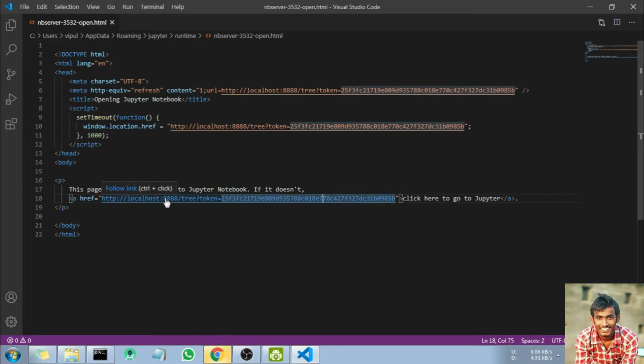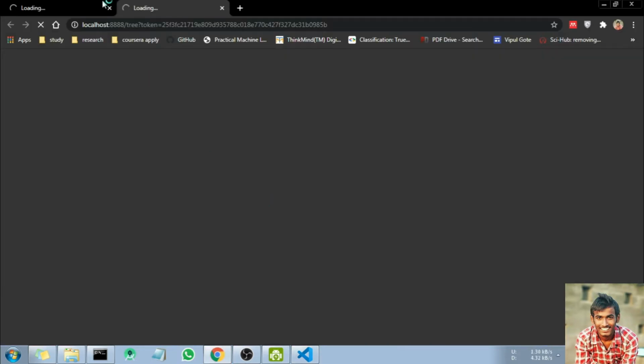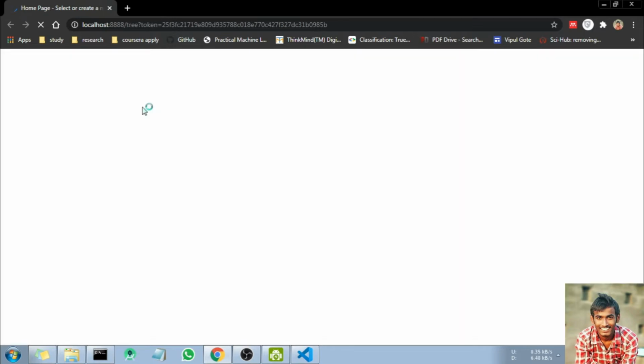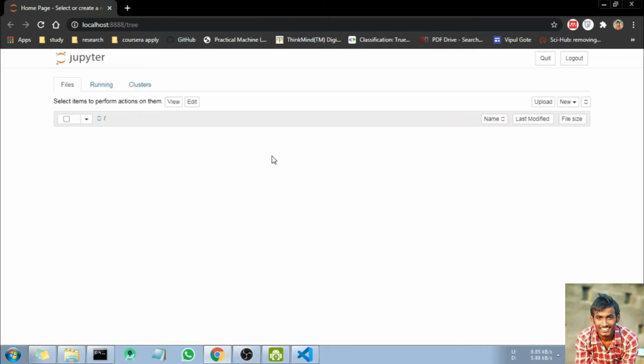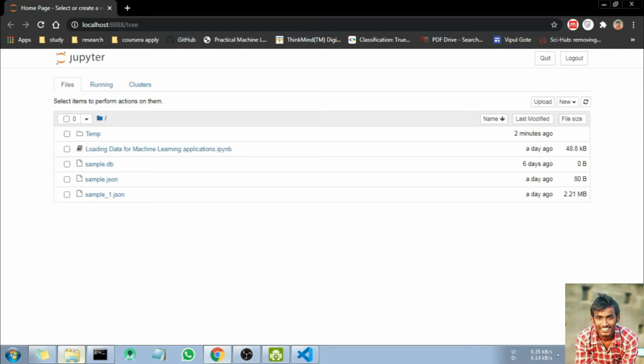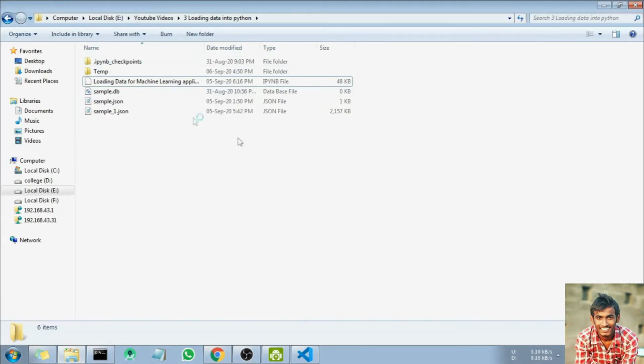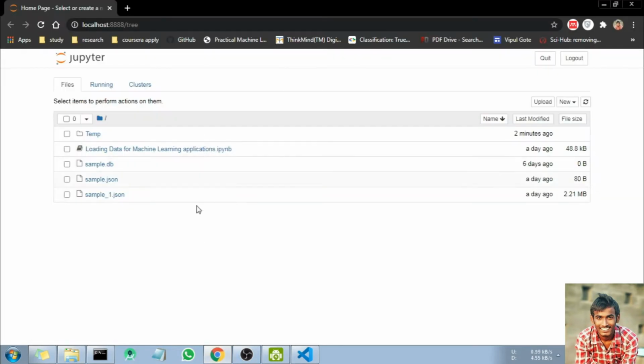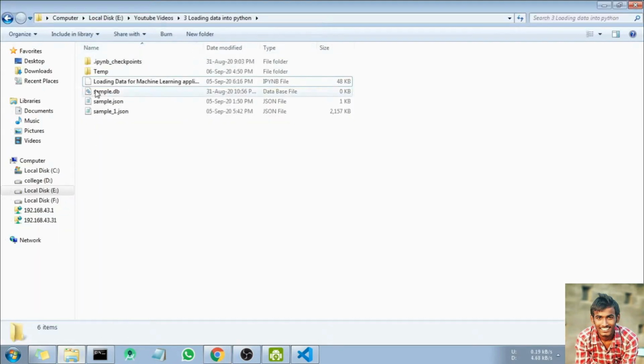Just press the control button, and when you press control and click, it will open this. Now, when the page loads, just wait for some time. We started the command from this directory, so it shows all the files from this directory.